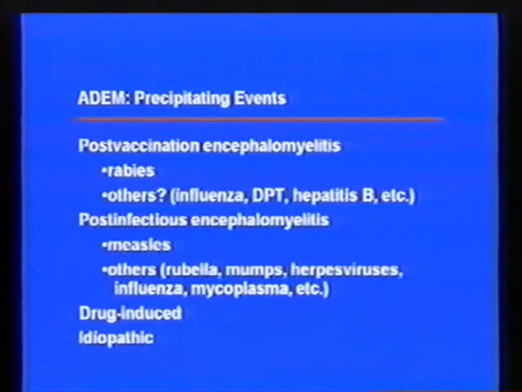because I want to get on to this issue that we've been talking about to a large degree over the course of the day about precipitating events. So I've made reference to the fact that many of these patients provide a history of an antecedent infectious illness or a para-infectious process, so that the neurologic syndrome occurs in the context of a recent infection. Also, many of these patients give a history of a preceding vaccination of some sort.